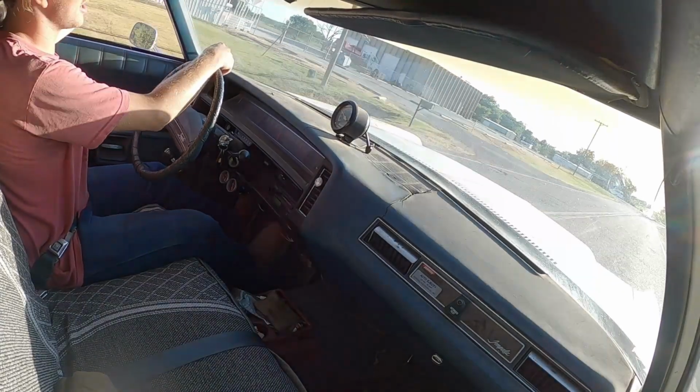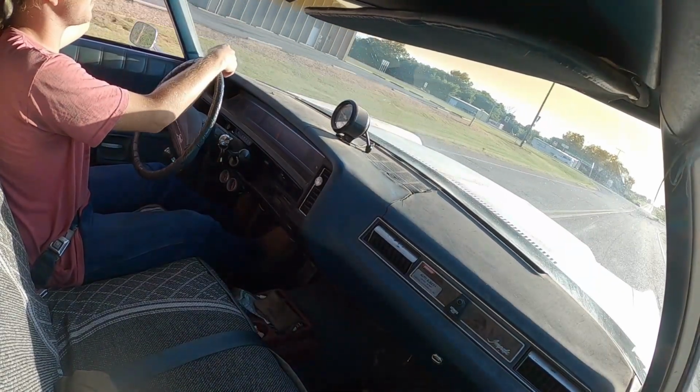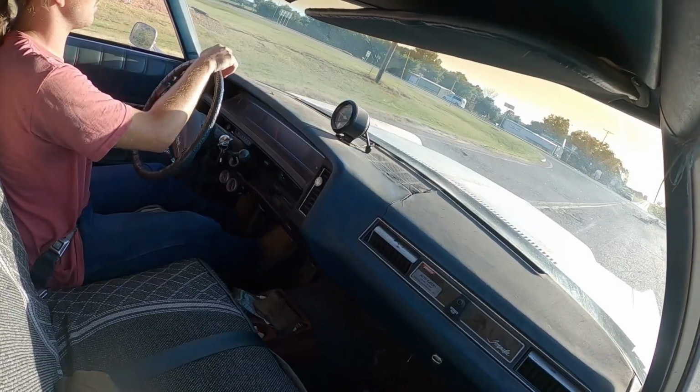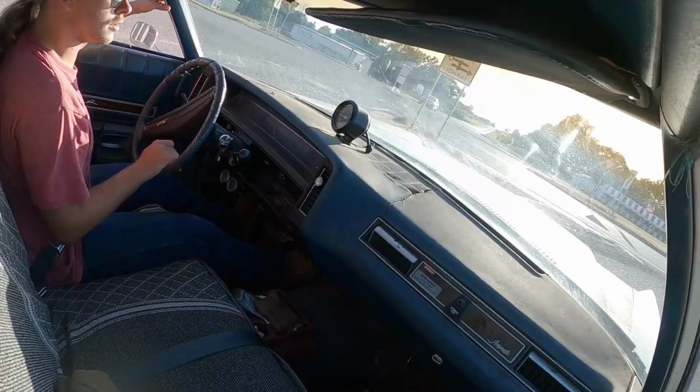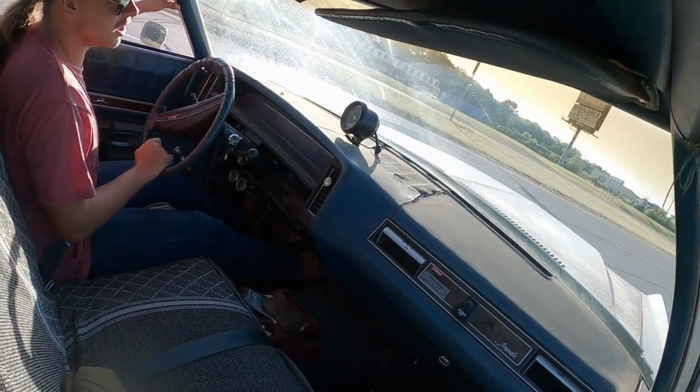Alright, this is going to be the scenario where this thing was popping and farting and not wanting to accelerate. Up a hill trying to gain